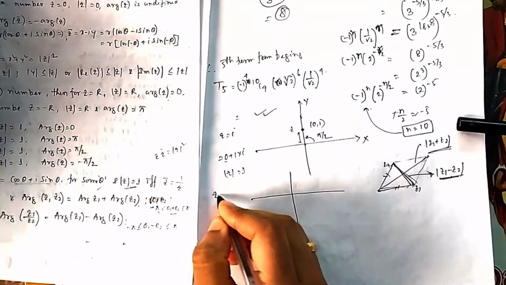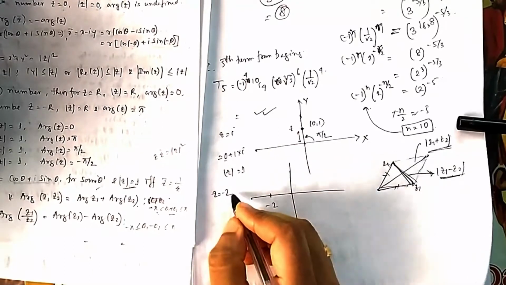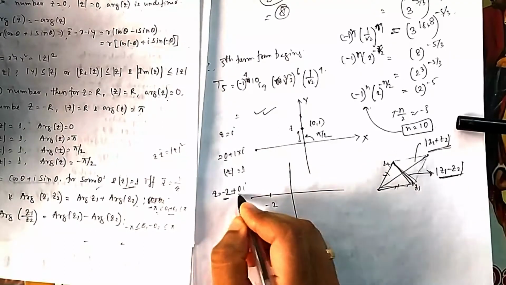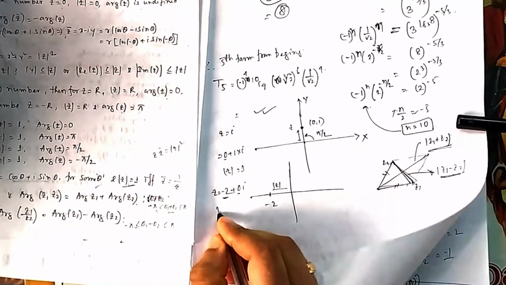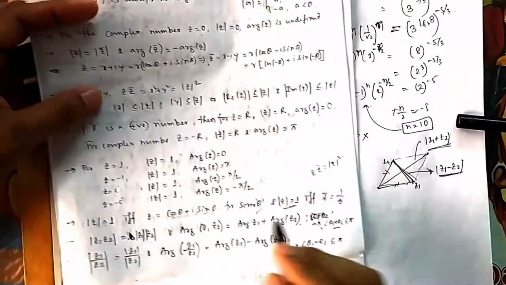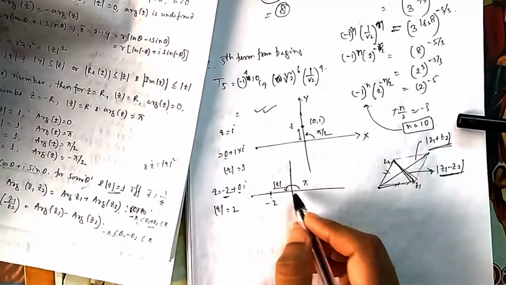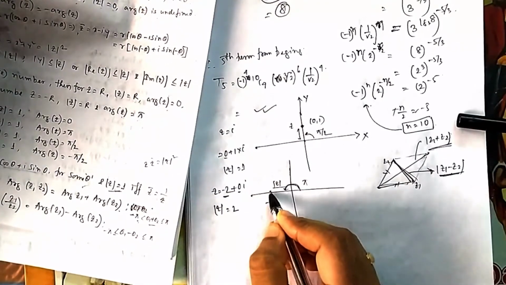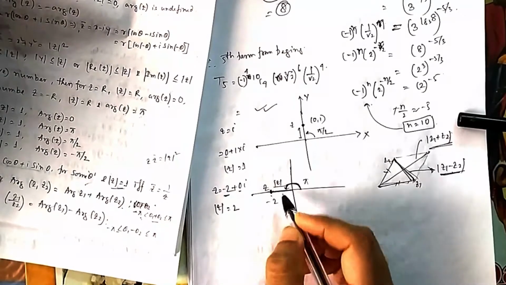Now if Z is equal to minus 2, then where will it lie? It will lie here at minus 2, because here the real part is minus 2 and the imaginary part is 0. So this is your Z. What is the length? Mod Z is 2, and what is the angle? The angle is pi. If it is minus 2, the angle becomes pi, because your Z is now here. Z represents the point, not the line. This point.